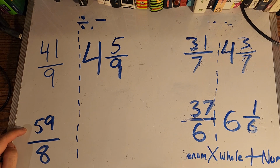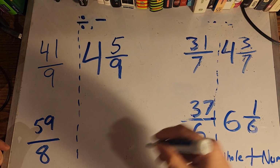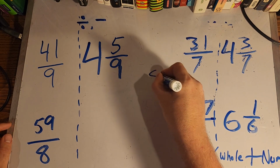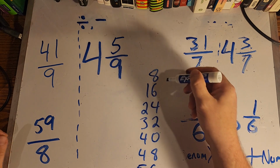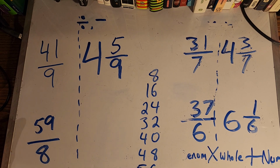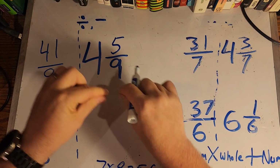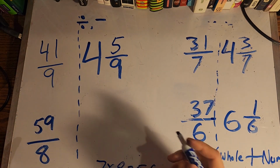Yet another way to do division on a question like this is to just write the 8 times table out, just on a side of the page that you're not really going to need later. And all you've got to do is find the closest number on that times table without going over. In this case, it would be 7. 7 times 8 is 56. So if I were to take 56 little bits, 56 eighths, because that's what is being described here, there's 59 eighths. If I was to take 56 of them and put them together in the little pie slices, I could make